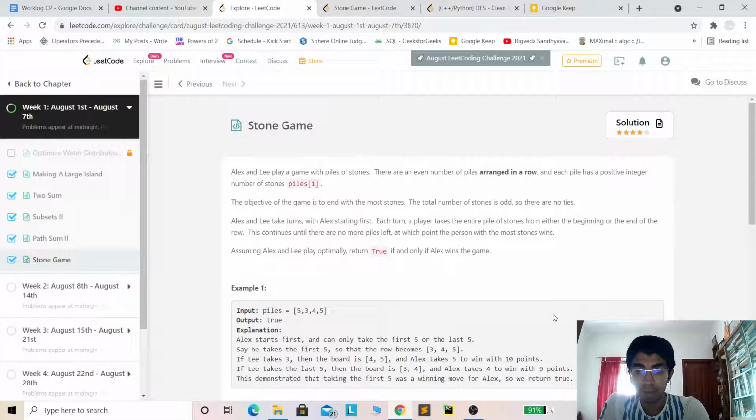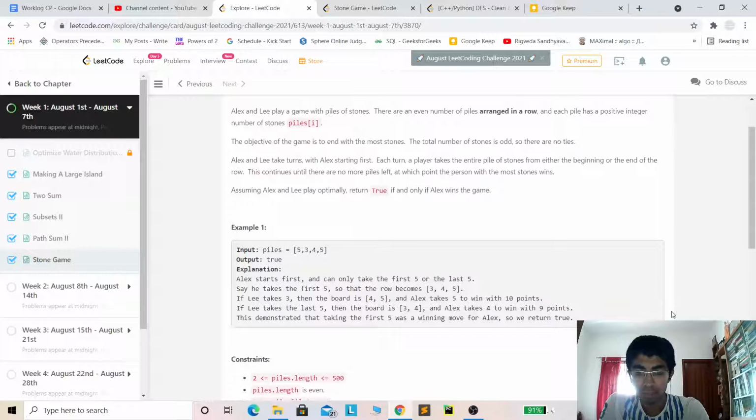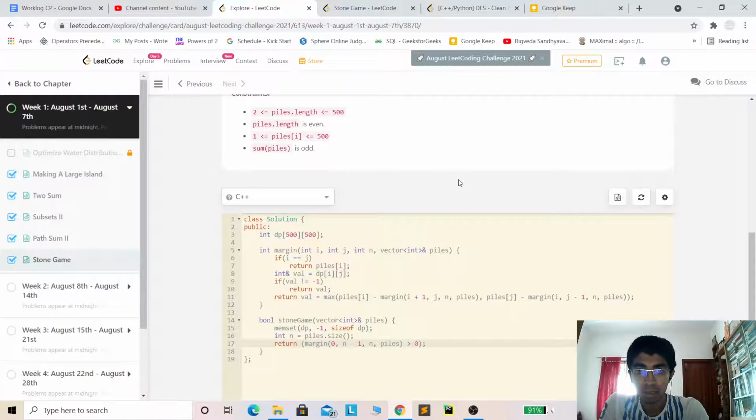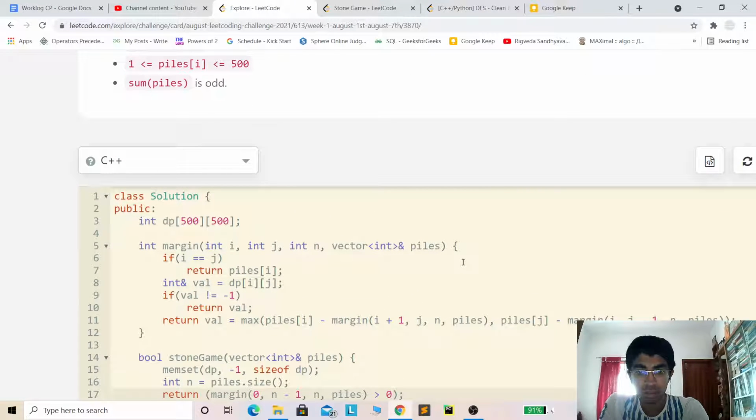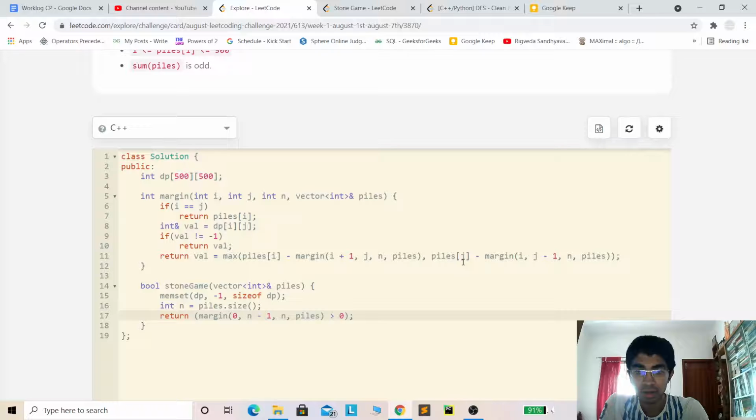First we'll discuss the dynamic programming approach. I've done recursion plus memoization here instead of the traditional DP approach. The states of the DP are the starting index and the ending index of the array. The array keeps updating, so at any point of time, what is the starting and the ending index of the array? That is the DP state. We store that result because if we visit the same state again in the future, we don't have to calculate it again.